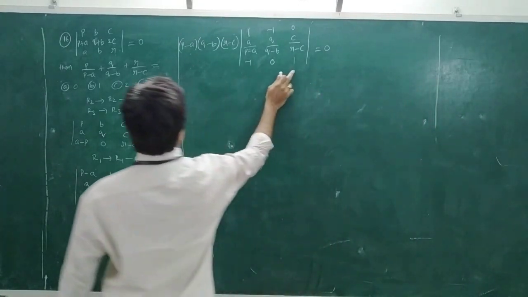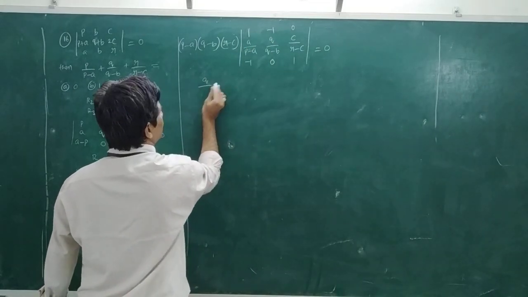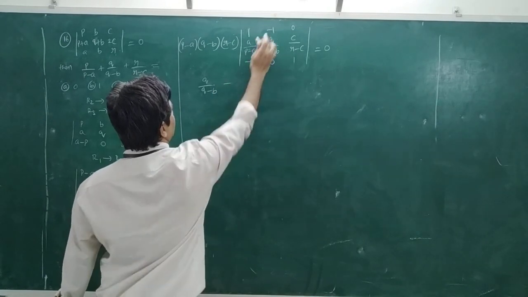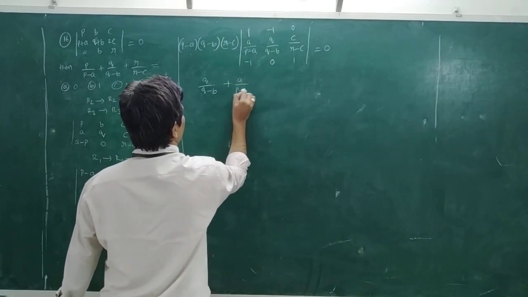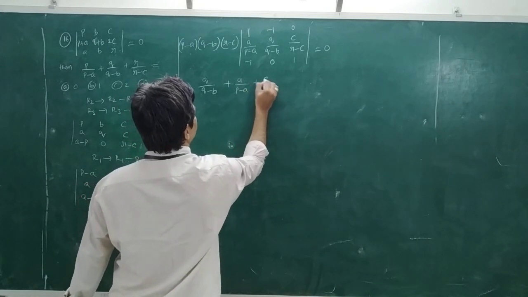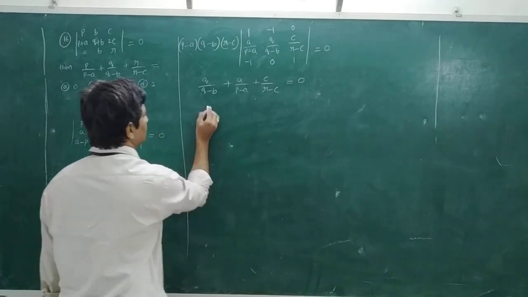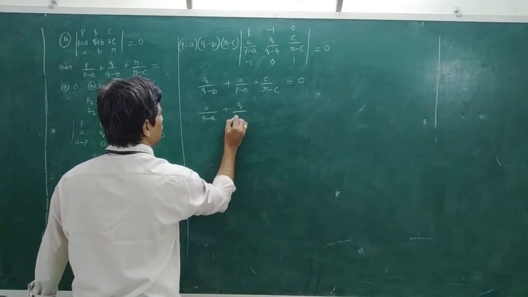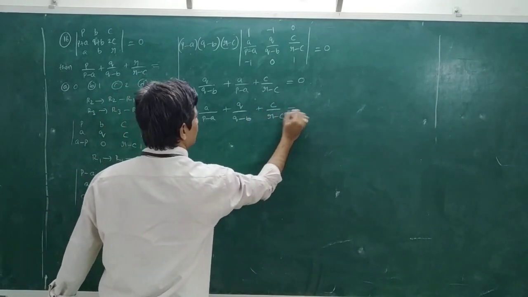So take this one and expand along the element. So 1 into Q by Q minus B into 1 minus 0, minus 1, plus again 1 into, how much will we get here? A by P minus A plus C by R minus C, into 0. So this is A by P minus A plus Q by Q minus B plus C by R minus C, and we got 0.